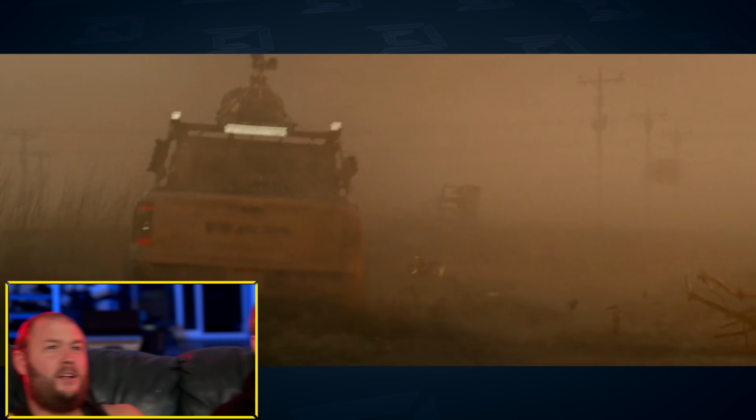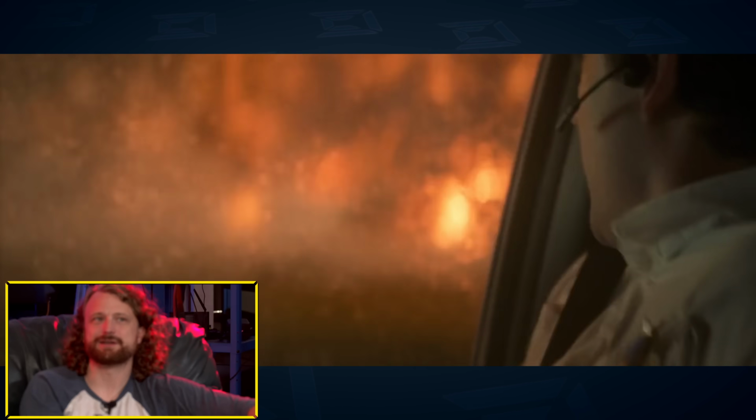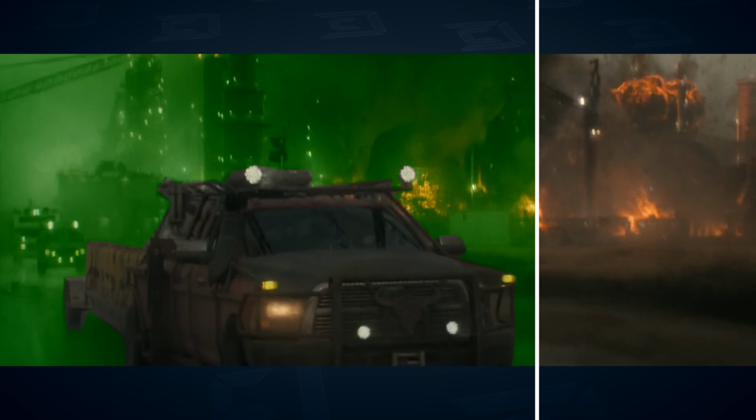I mean, I have a feeling we're seeing mostly CGI. There's no way any of this stuff's real. The visual effects here are insane. They're taking a shot of a car with probably some wind and fog maybe in the foreground, and then basically entirely replacing and like modifying everything. You're looking at a real car basically, and then a full CG world around it. Yeah. It's like the natural disaster version of like Cats, where they keep the actor's face and then replace